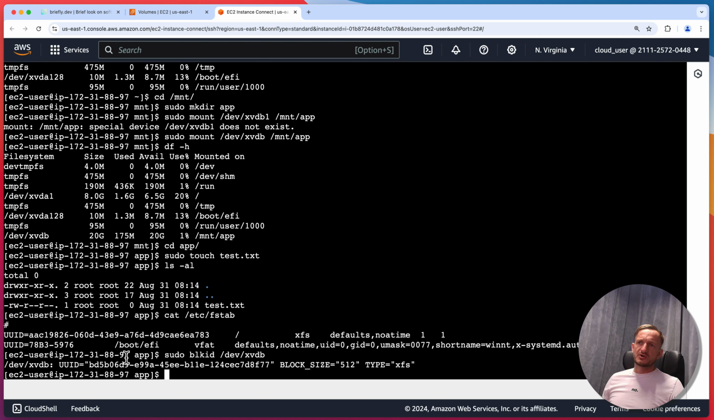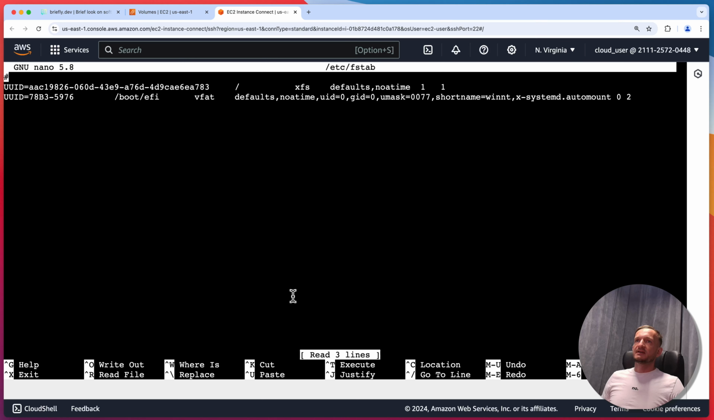It is most common to use the UUID instead of, let's say, you can also put the /dev/xvdb in the fstab, but sometimes the disk naming, all the block device naming, will change because you will add some more volumes, remove some volumes and so on, so it is better to point at the UUID. So let's copy this UUID and let's do sudo, let's use nano maybe, /etc/fstab, and we will add another line here. So we will take this UUID,